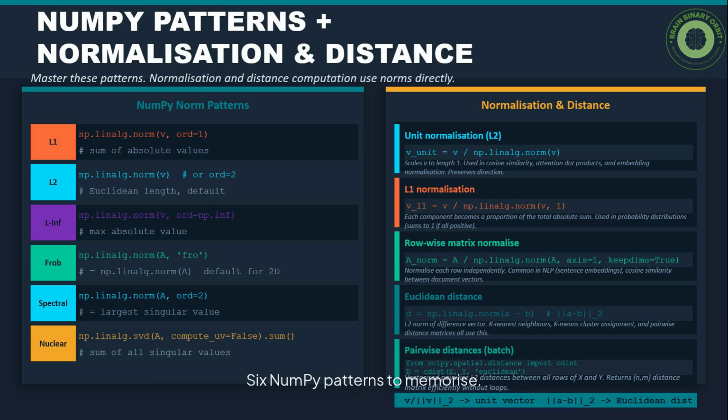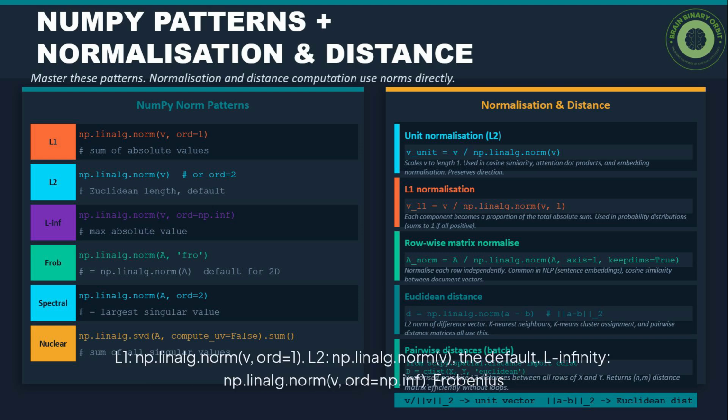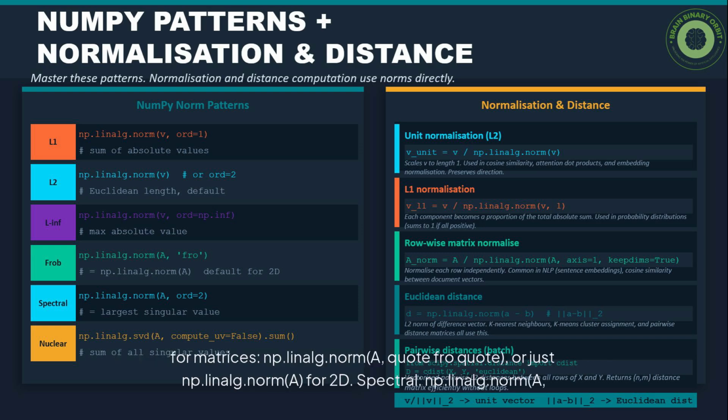Six NumPy patterns to memorize. L1: np.linalg.norm(v, ord=1). L2: np.linalg.norm(v), the default. L infinity: np.linalg.norm(v, ord=np.inf). Frobenius for matrices: np.linalg.norm(A, 'fro'), or just np.linalg.norm(A) for 2D. Spectral,